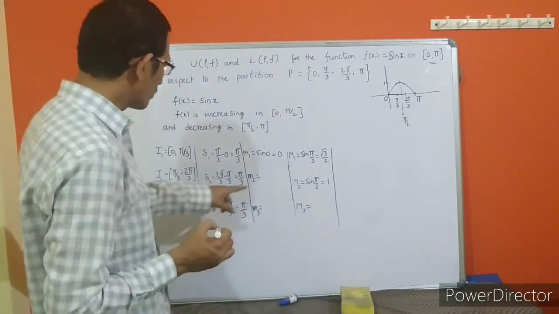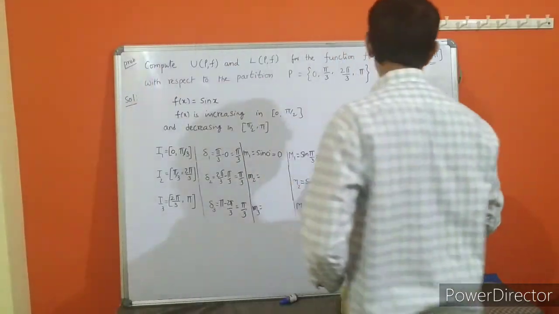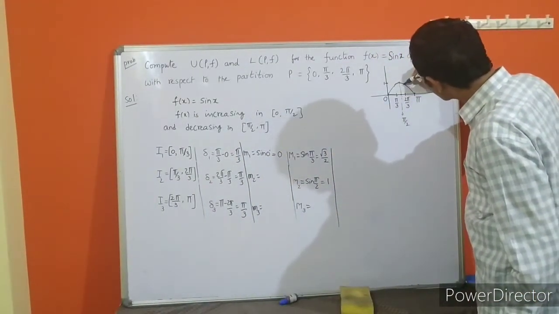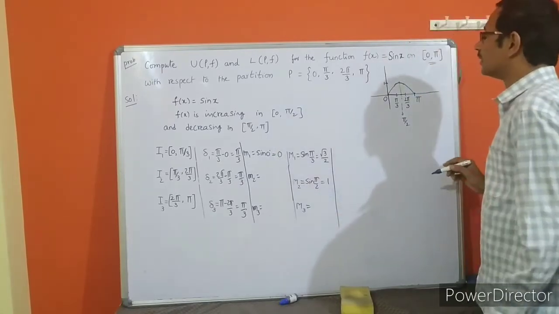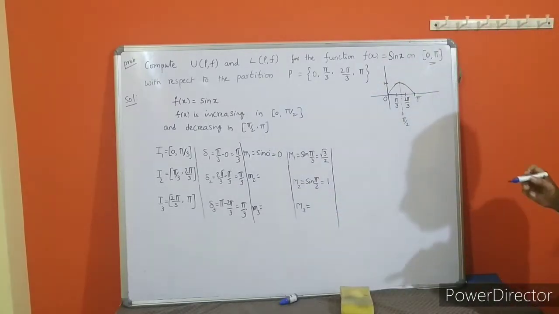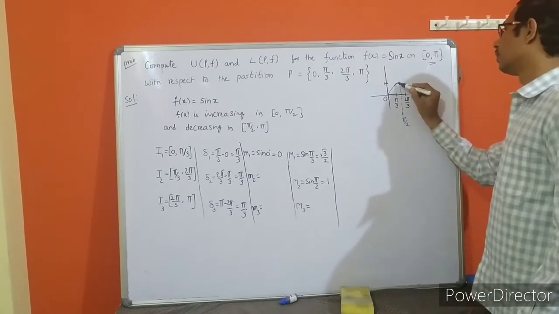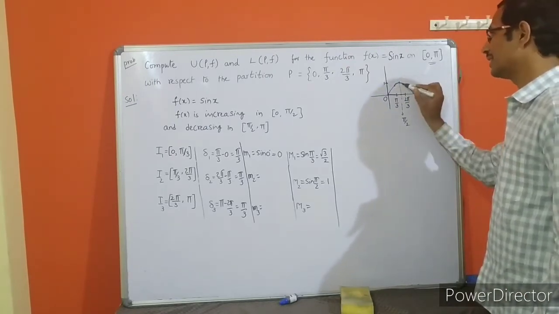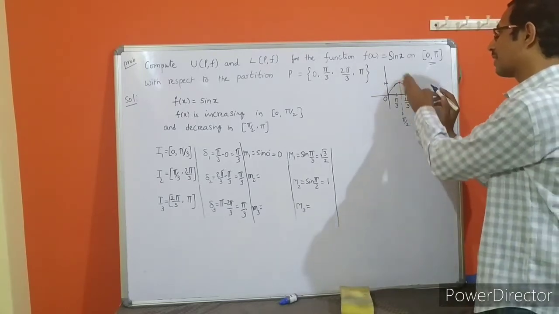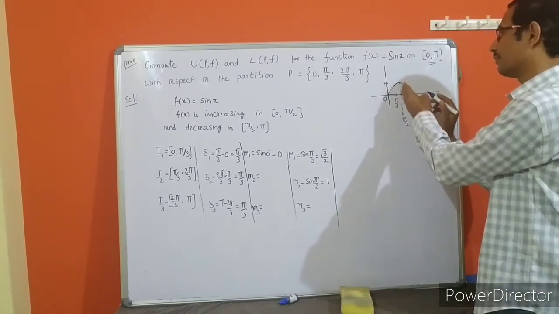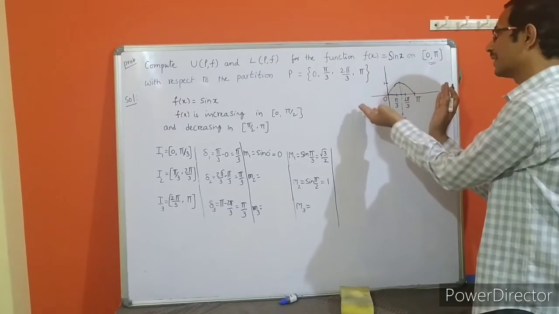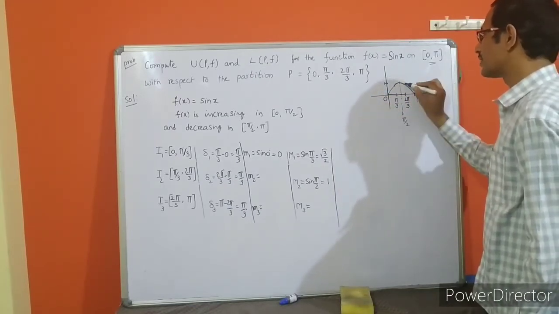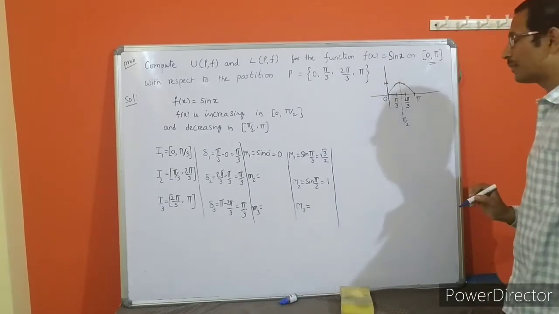Right? But what about the minimum? See here, where is the minimum? You can see this is a minimum, and this is also a minimum. Actually, it has two minima. Whatever value you got, the graph is symmetric about this line. That means this side and that side are the same. So whatever value you get at pi by 3, you get the same value at 2 pi by 3 also.